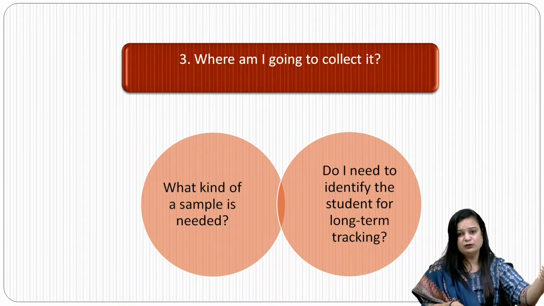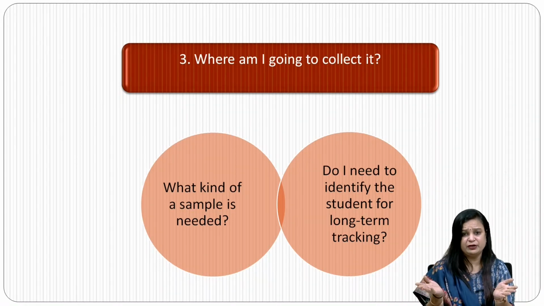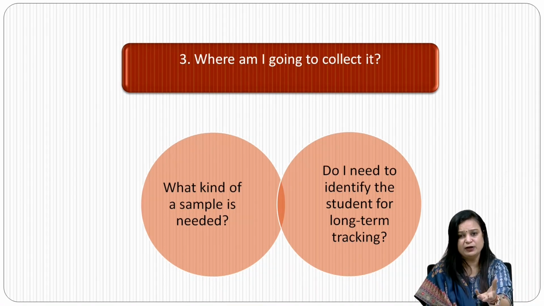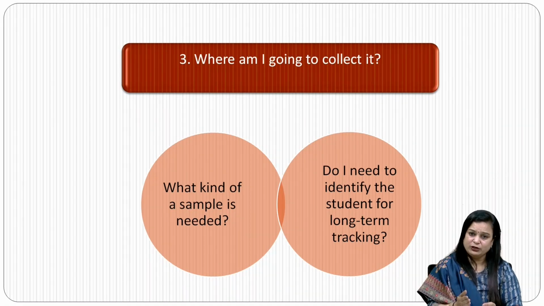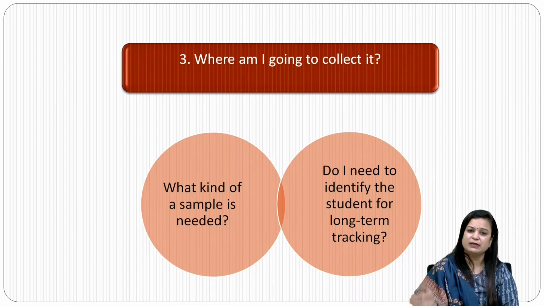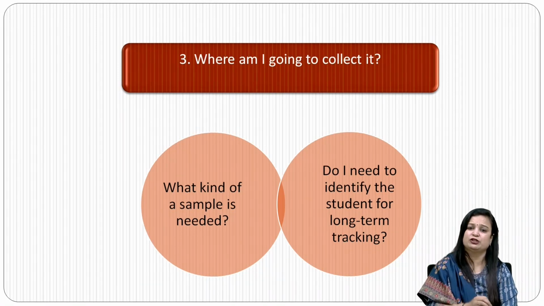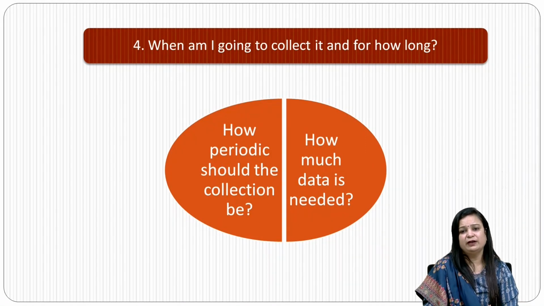If you are asking somebody whether you are interested in action movies, the age group may be different. If you are interested in romantic movies, the age group might be different. You know where your line of study goes, you know where your line of product utility goes, you know where the line of your teaching learning goes. So sample size plus till what time you are going to get connected with the sample is important. So the time period or duration of the sample is very much important. You have to keep these 2 points in mind while you are considering the question of where am I going to collect the data, when am I going to collect it, and for how long.